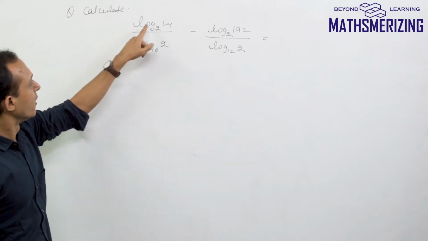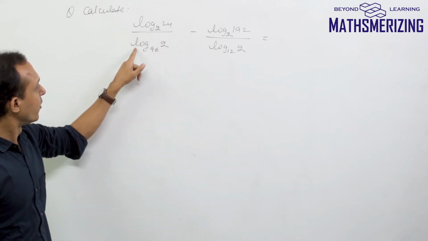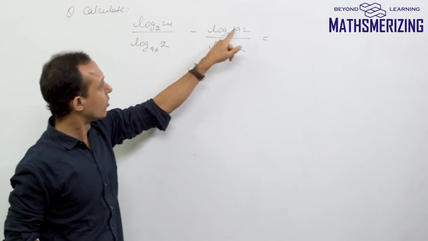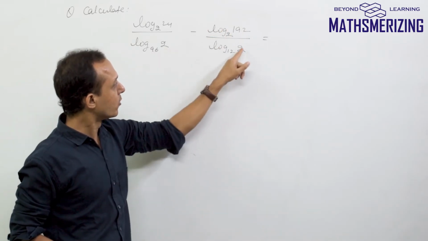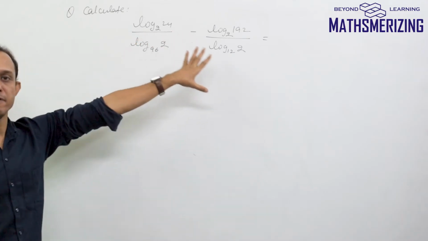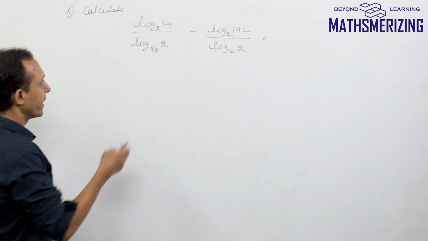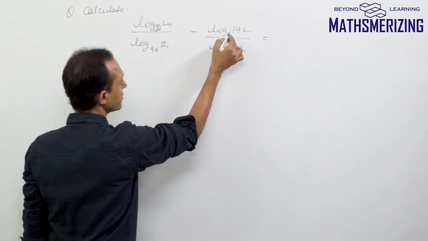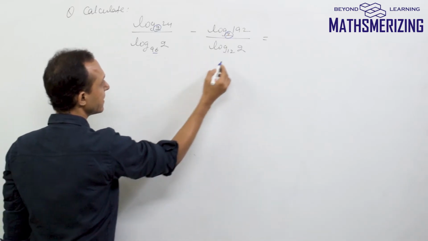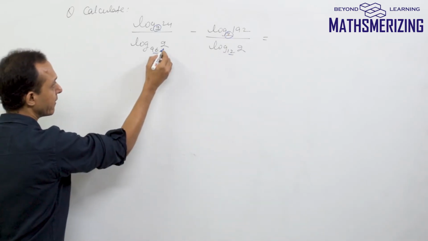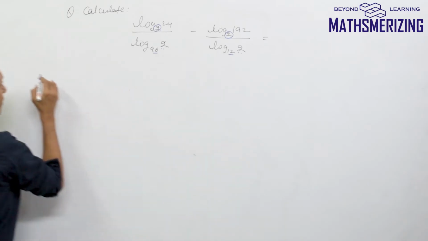So the question is: log 24 base 2 upon log 2 base 96, minus log 192 base 2 upon log 2 base 12, and we need to find the value of this expression. So what I know here is the base of these two logs is 2, but in the other two the base is 96 and 12, and the number is 2. So what we know is